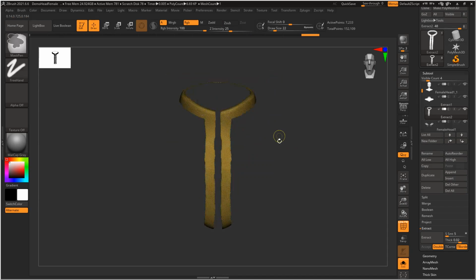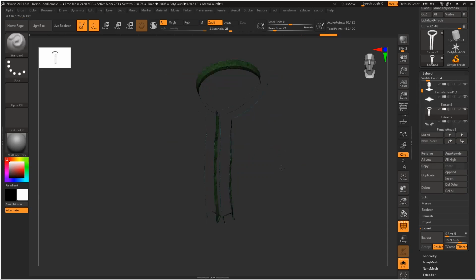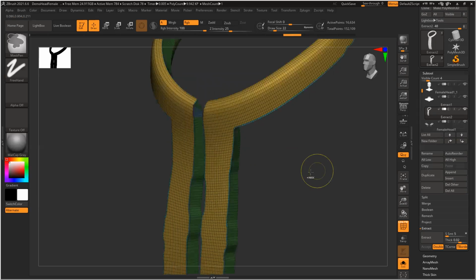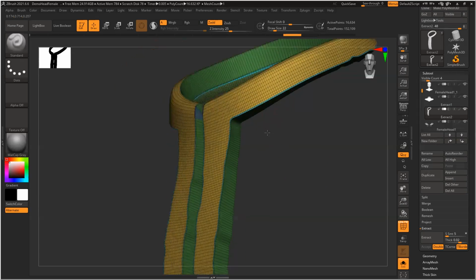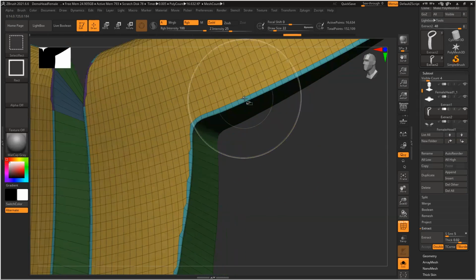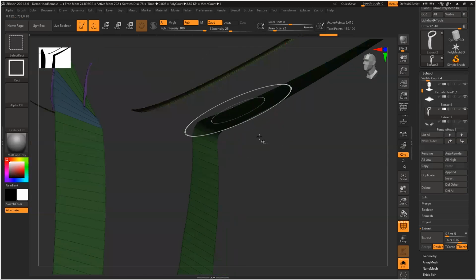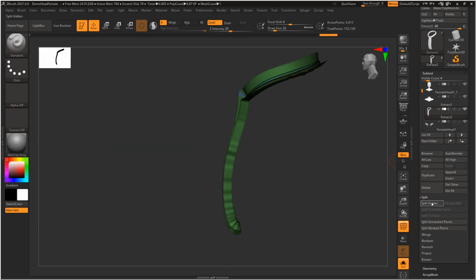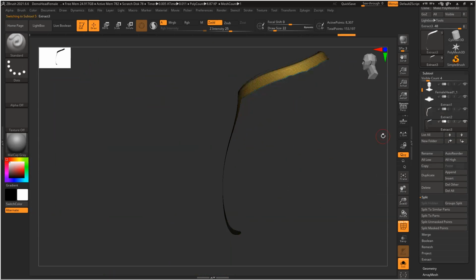Control Shift, click on this, and the rest of the things, if I want, I can delete, hide this. Let's see. Thickness is no, it doesn't work. It is one more polygroup here. Split hidden. So this part I can delete.